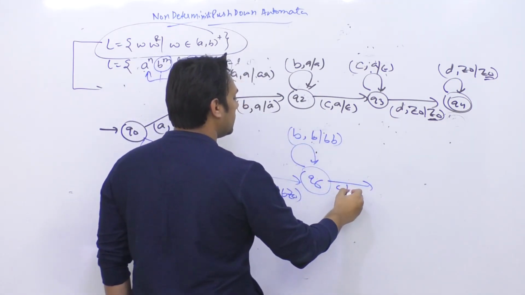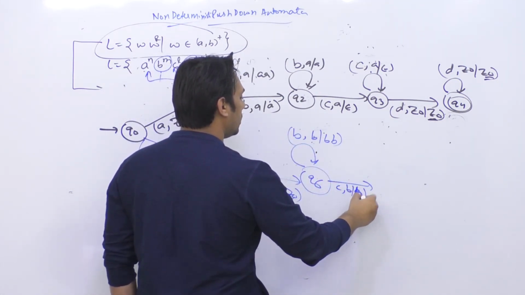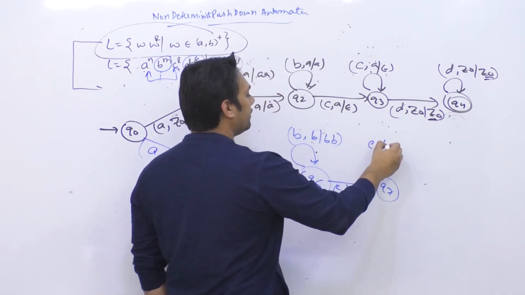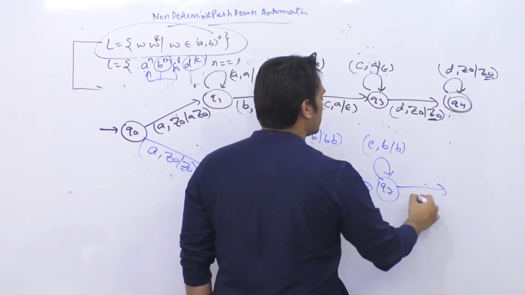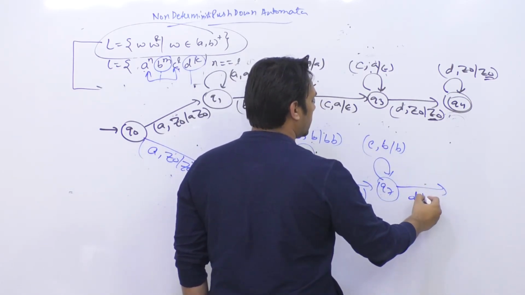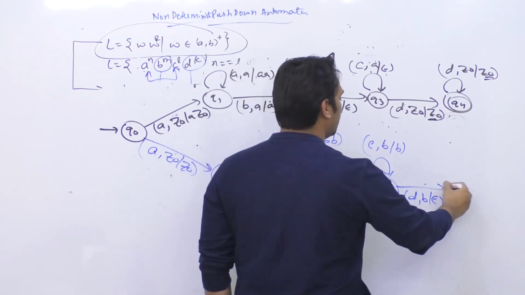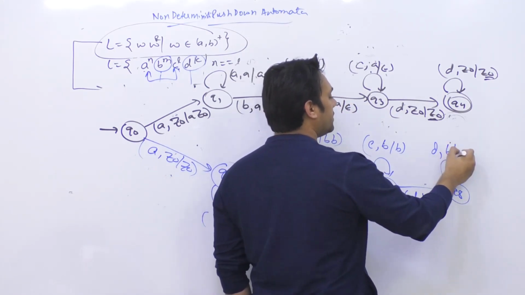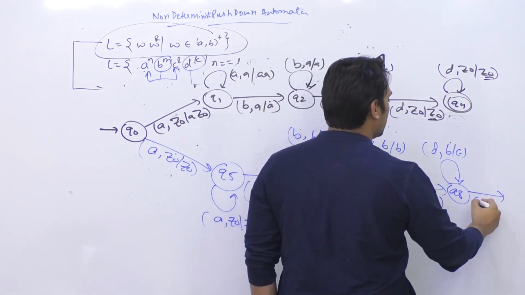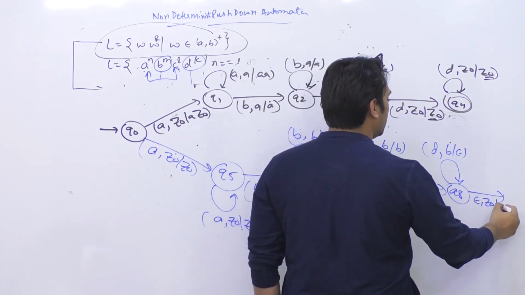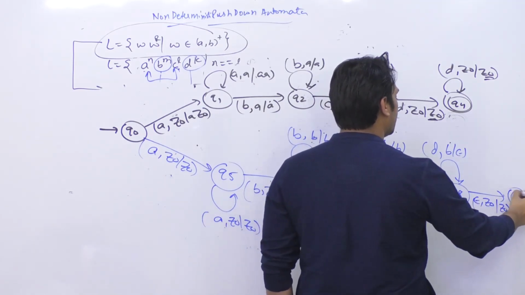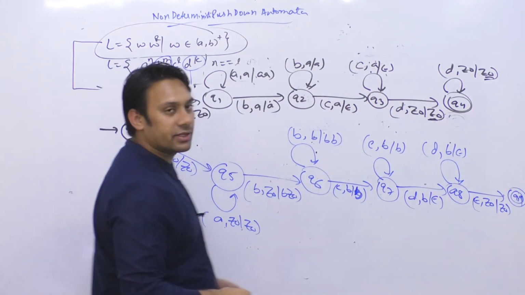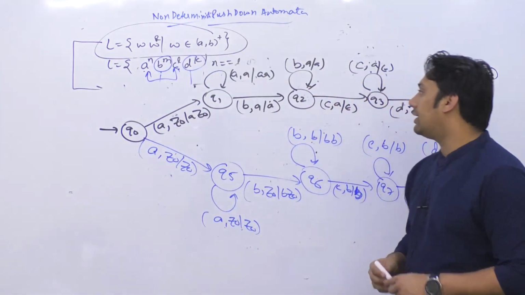As soon as you get a C, do not do anything, just leave all the B as it is. You can get n number of C, leave all the B as it is. As soon as you get a D, now compare B with D and remove the B's. You can get n number of D, compare B with D. As soon as you get epsilon, the string is empty, the stack is empty, and then you accept it in the state Q9.